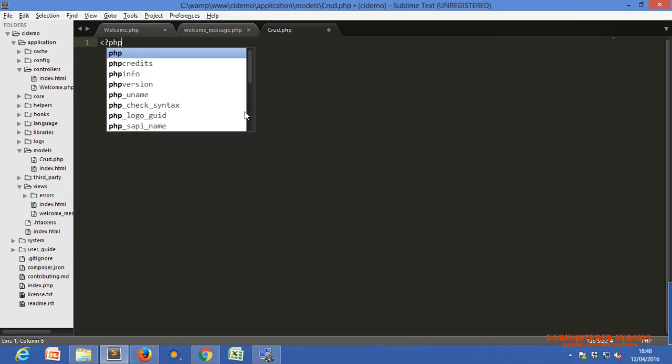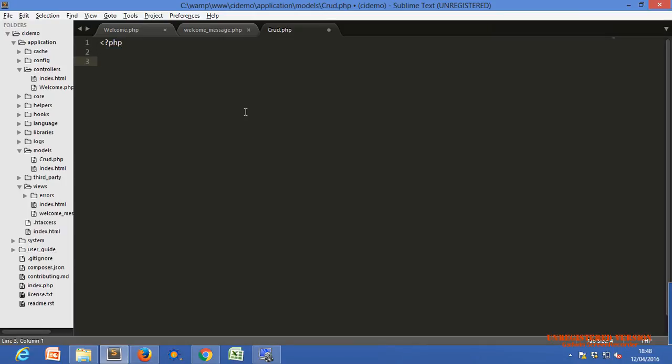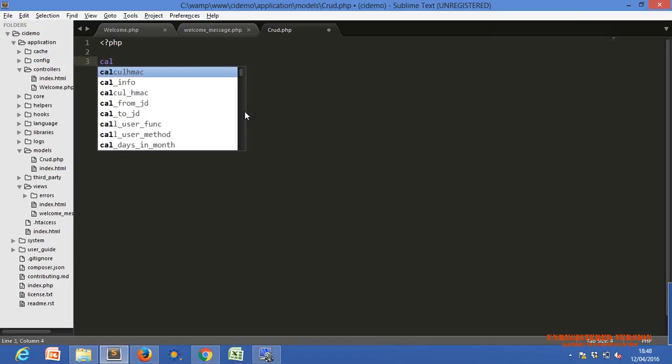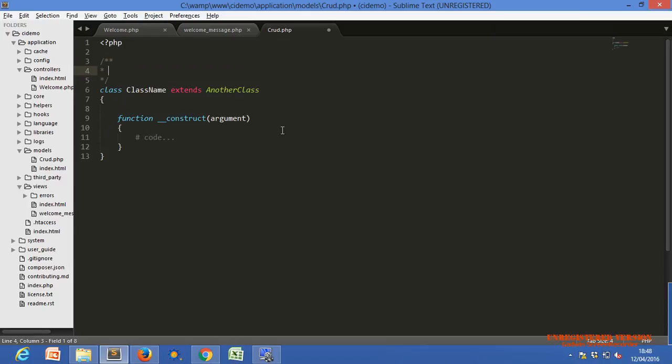First thing, the PHP tag, then class. What should be the class name? Crud. The same name you have to use here. Okay, what we are doing is creating a model.